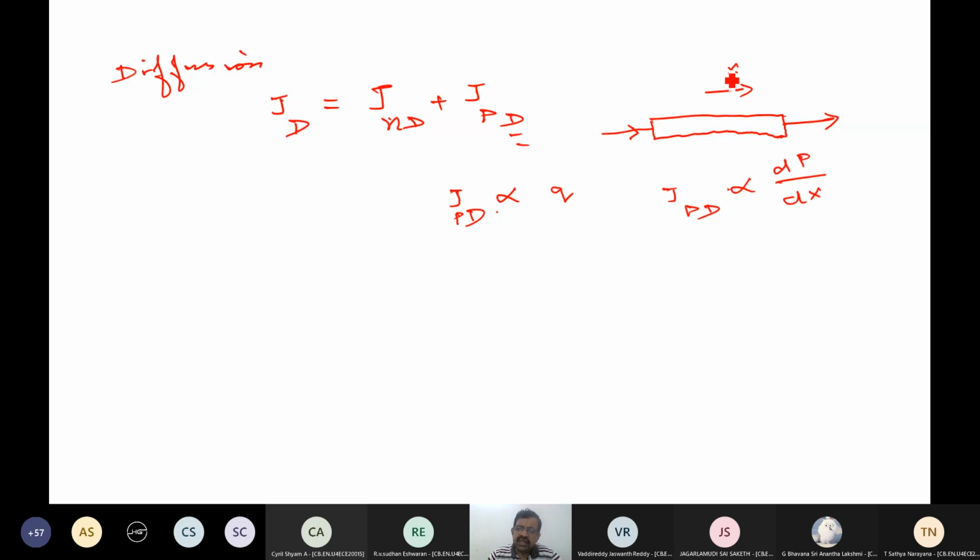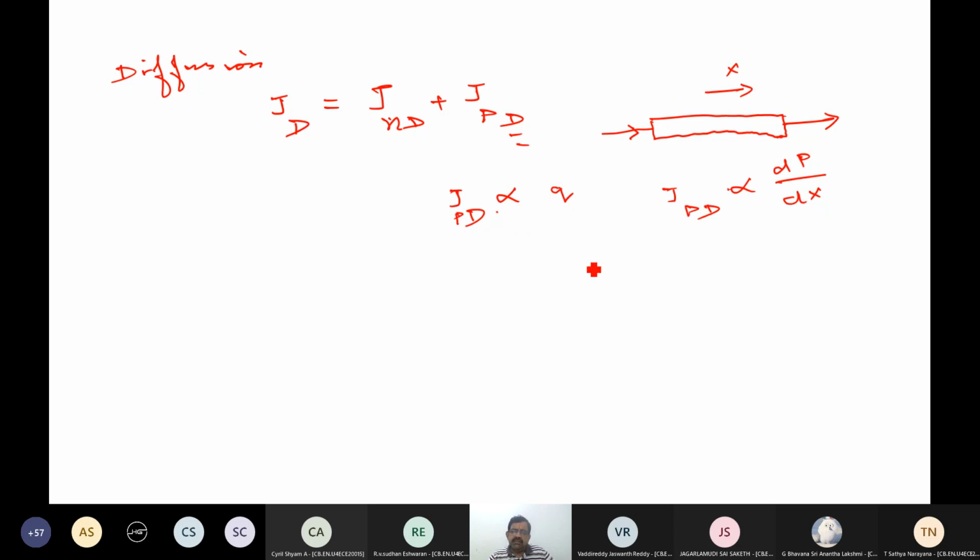Okay, as a function of this distance. And I am only considering one dimensional variation, therefore I have this dp by dx. But if I were to consider 3-dimension, then I have to bring in what is called the del operator. Probably you must have been introduced to this del operator in vector calculus. If not, you will learn it later. So that is a partial derivative, that operator will come into play. So JPD is proportional to dp by dx.